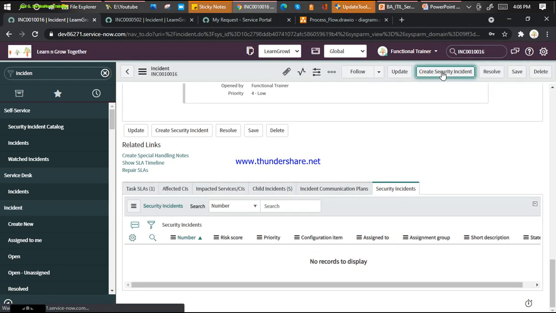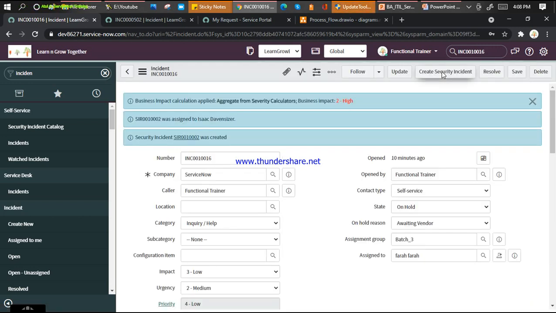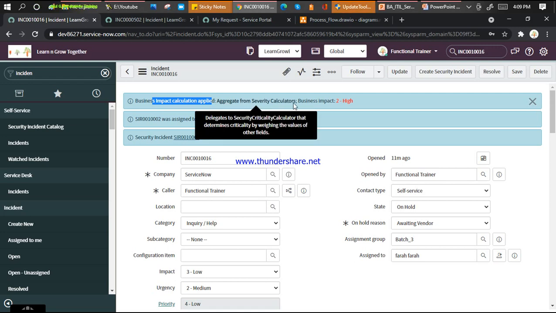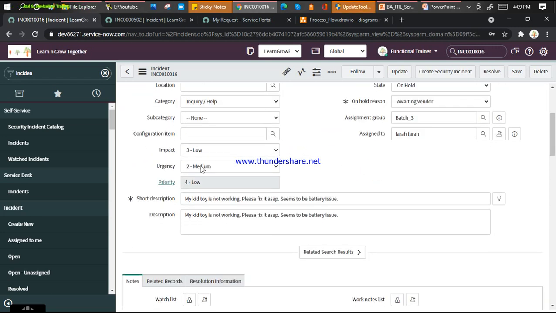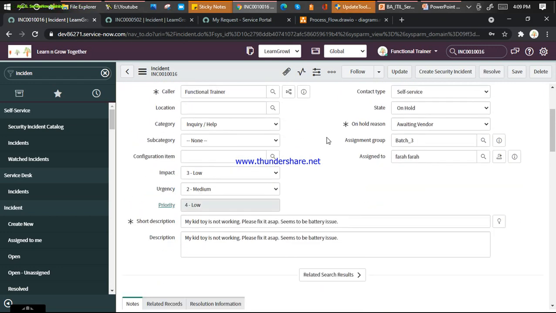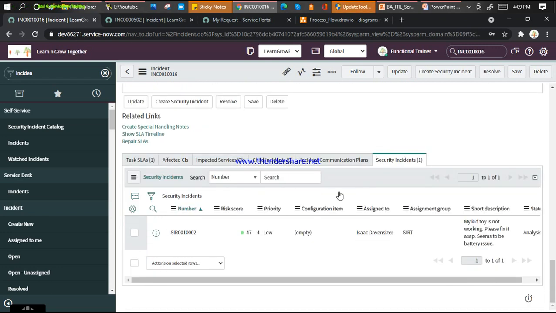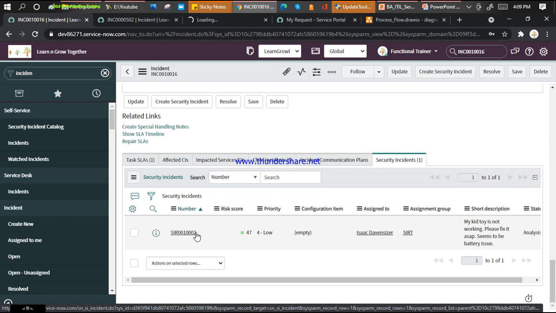Maybe it is something which can impact my business. So now you can see it's done and a lot of changes have been done. See, business impact has been calculated. Aggregate from service calculator, business impact is 2. We have a 3, but they have made it a 2 here. And if you scroll down, my incident has been created here. If I open it, this is complete out of the box functionality given by